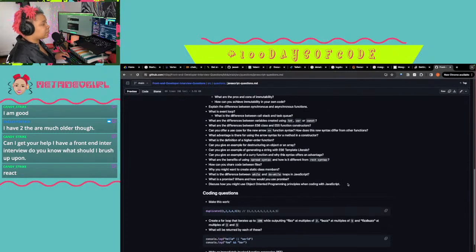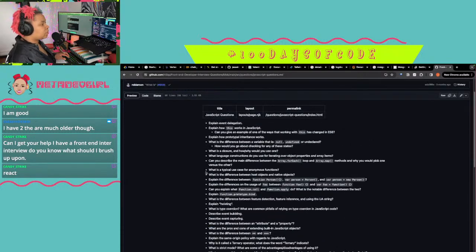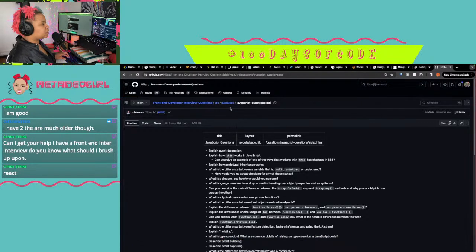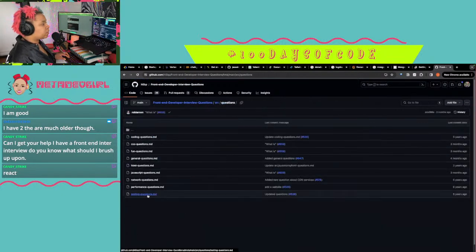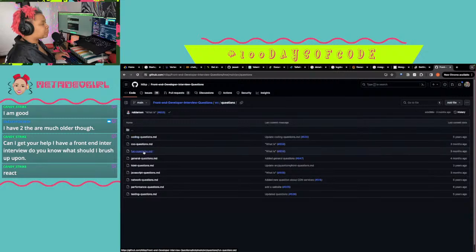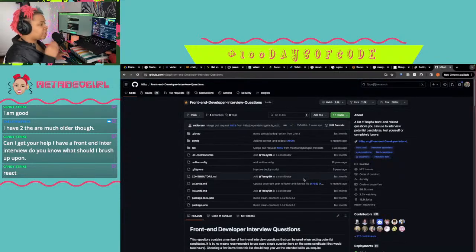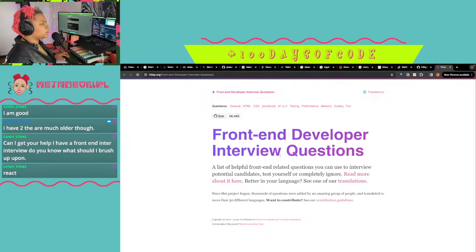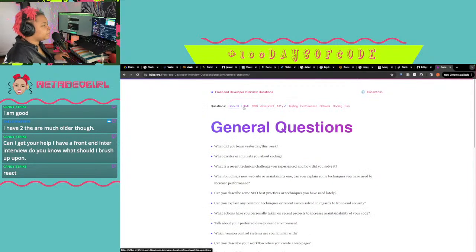This is a lot of questions, but these are some general coding and JavaScript feature questions. I don't see anything about React in particular. CSS selectors. They don't have anything React related, but if they're doing React, they'll probably... oh, they have a whole little UI for it, so you don't gotta read it from GitHub like I was doing.